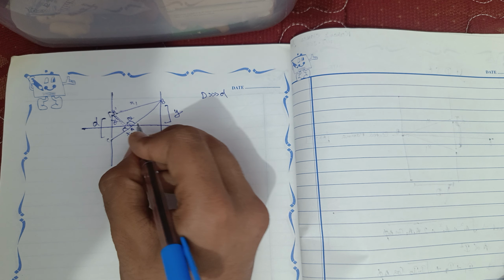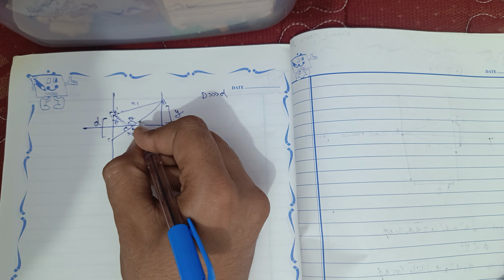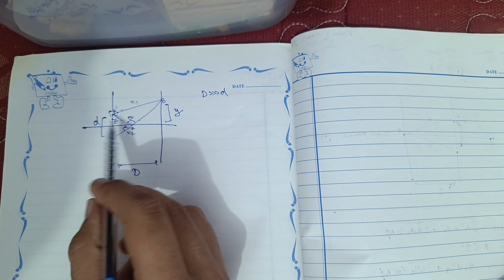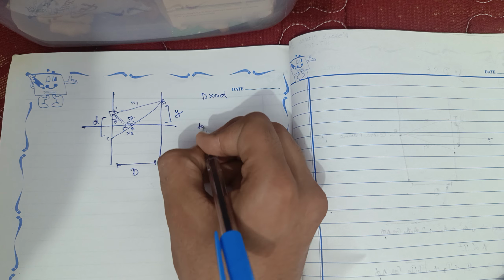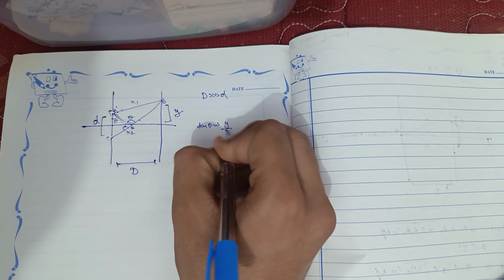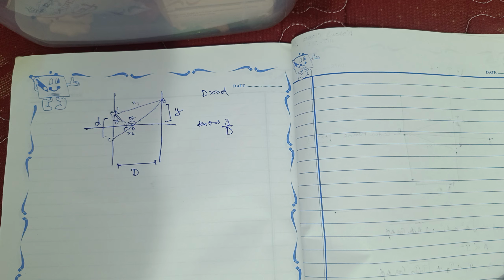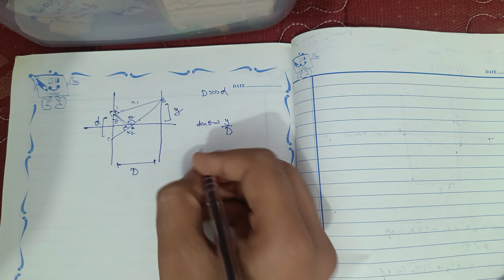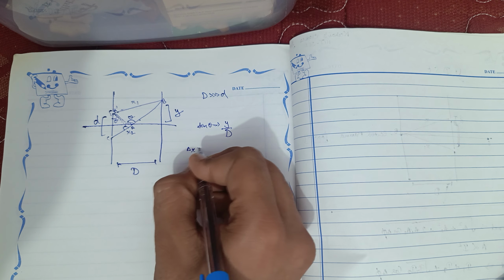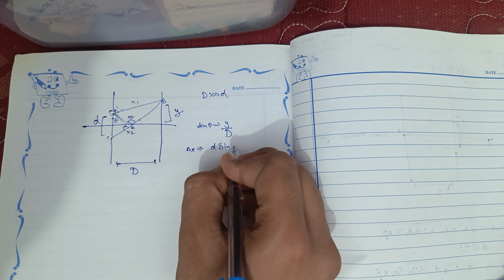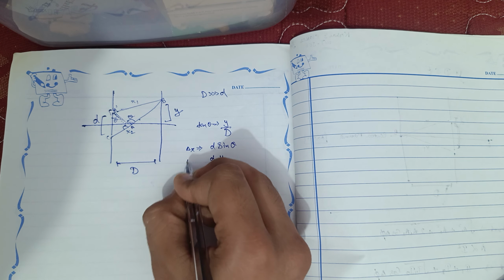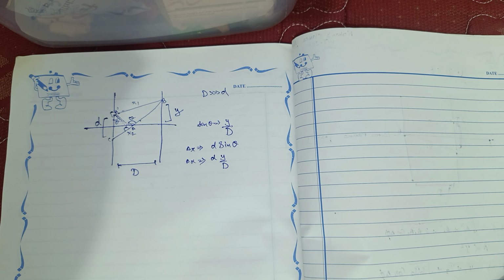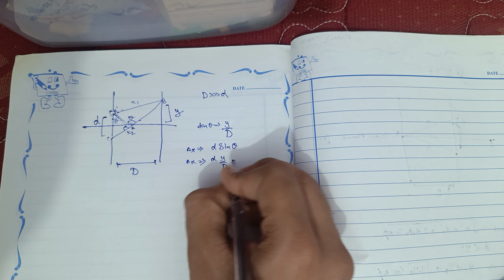So you can say sine theta is almost equal to tan theta, and tan theta equals y by D. And path difference equals d sine theta, and sine theta is almost tan theta equals y by D. So delta x equals d y by D, and also delta x equals